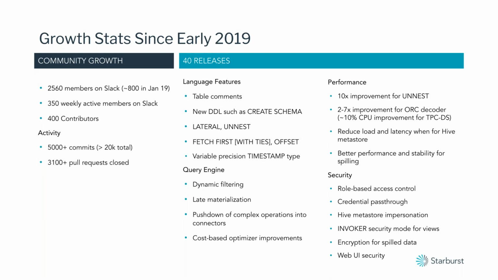We've made a number of improvements across multiple areas, all the way from new language features, query engine improvements, performance optimizations, and security. A couple of the notable ones added recently are support for variable precision datetime types, which allow Presto to process datetime data with higher precision than it did in the past. So now datetimes can have nanosecond or even picosecond precision,